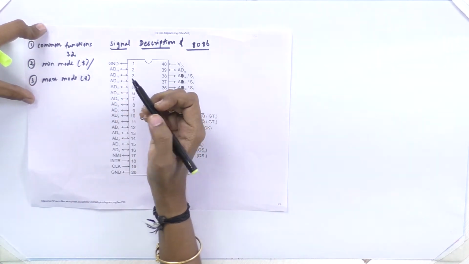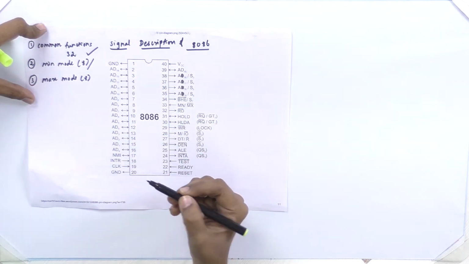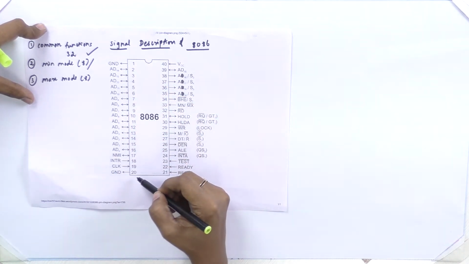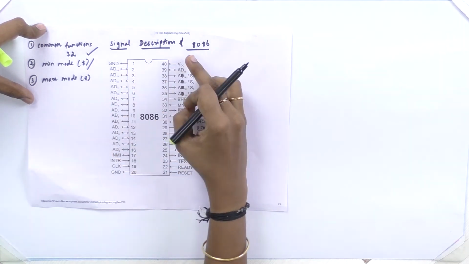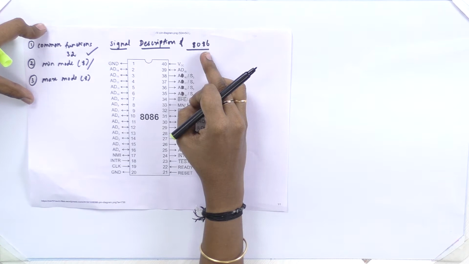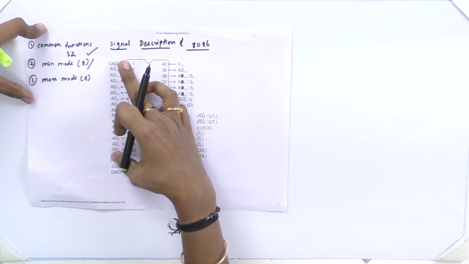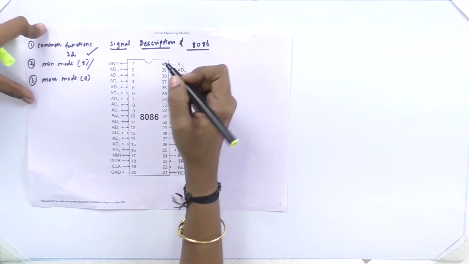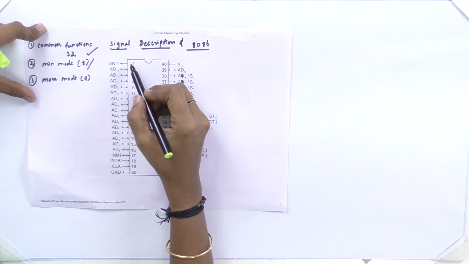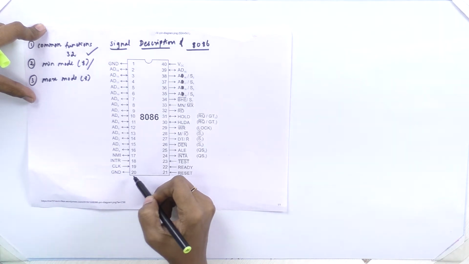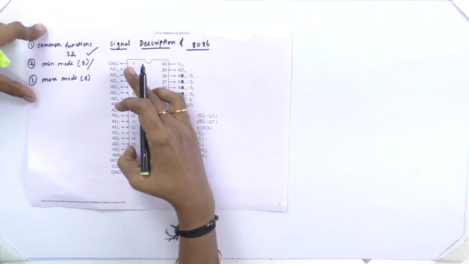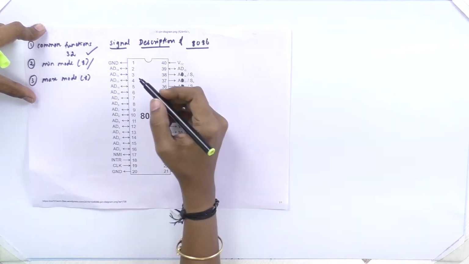Now let us discuss the pins that have common functions. The total number of pins is 32, and the first pin is ground and the 20th pin is also ground. So there are two ground pins in the 8086 because the 8086 is a high frequency digital circuit, and hence it consists of two ground pins. And the second pin